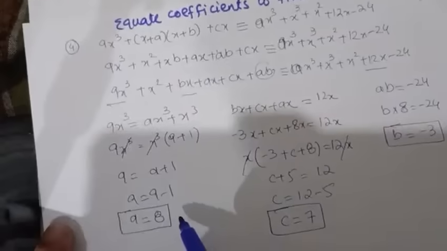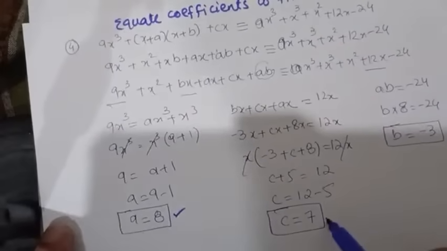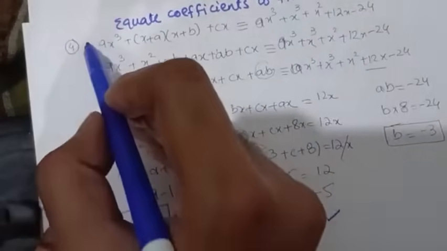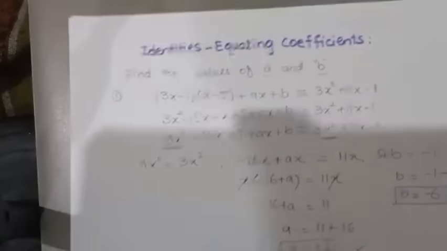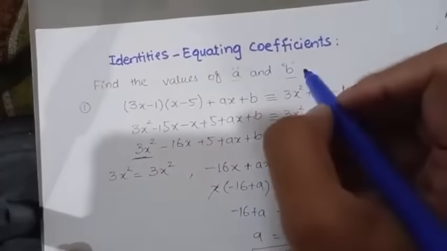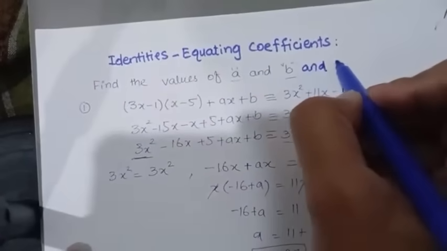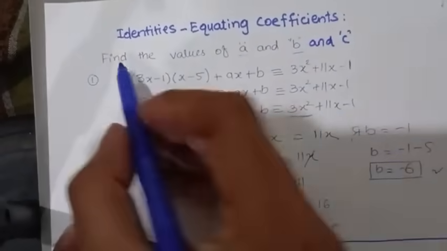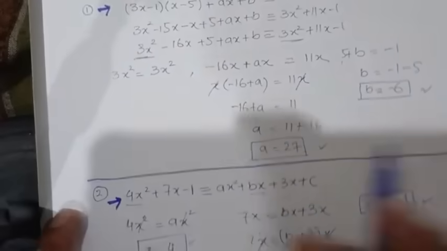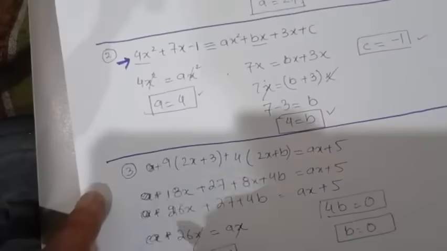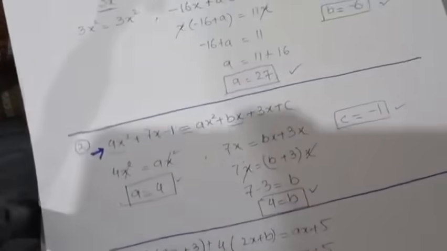If you want to check our answers, you can put a, b and c values in this equation. If this equation is satisfied, your answers are okay. So that's all from this video, in which we have calculated a, b and c as well. This was our first problem. This was our second problem to calculate a, b and c. This was our third problem and this was our fourth problem. This is the method of